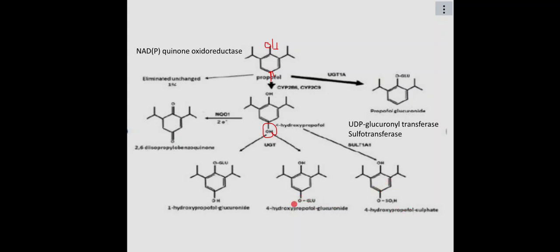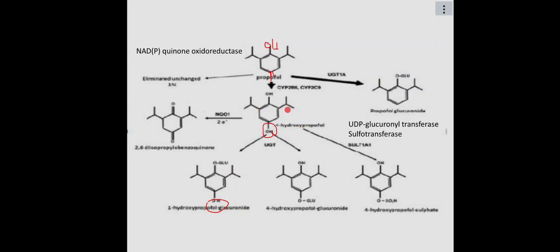So there is first of all oxidative hydroxylation at position number 4, and then glucuronic conjugation or sulfate conjugation. Or the hydroxyl group at position 4 can remain without being conjugated, and you have glucuronic conjugation at position number 1. And then also